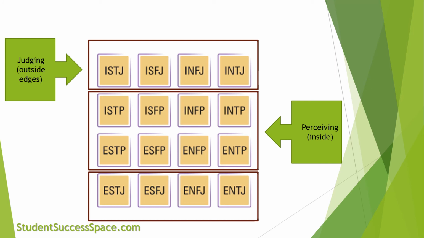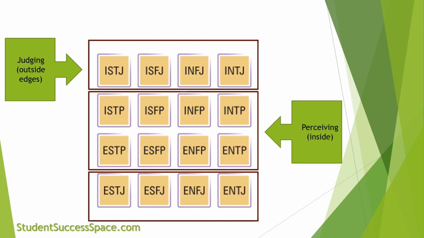Lastly, judging versus perceiving. The top and the bottom rows are made up of those with a preference for judging. The middle rows are made up of those with a preference for perceiving. In this arrangement, the more resolute individuals with a preference for judging form the roof and the foundation of the table. In other words, they hold the whole structure together, and they contain the more flexible individuals with